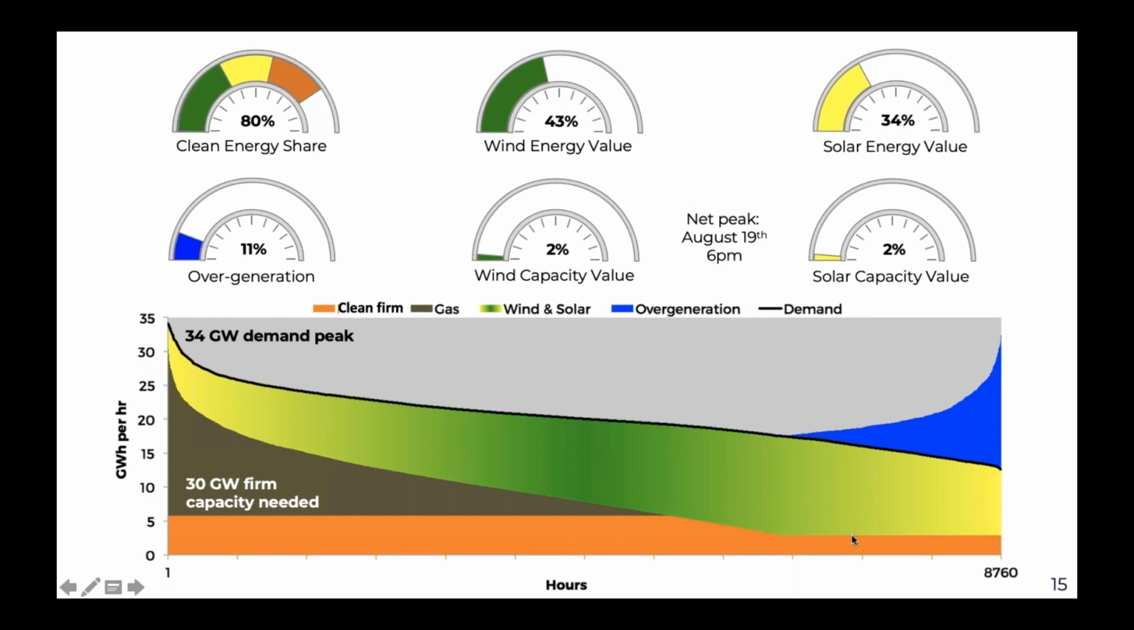But here we can see that most of the generation, probably 80% of it, occurs in periods when we don't have overgeneration, and therefore when the energy value is high. So I didn't put the dials on here for the firm resource, but its energy value would essentially be about 80% and its capacity value about 100%. In contrast to solar and wind with very low, near 0 capacity values and energy values in the 30 to